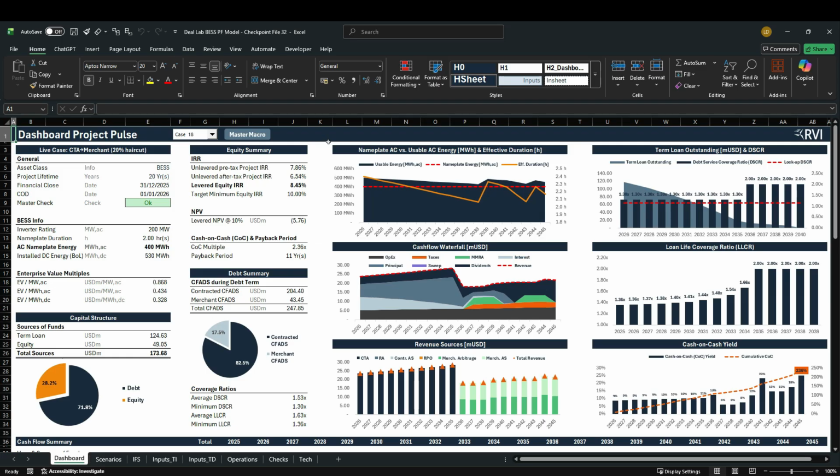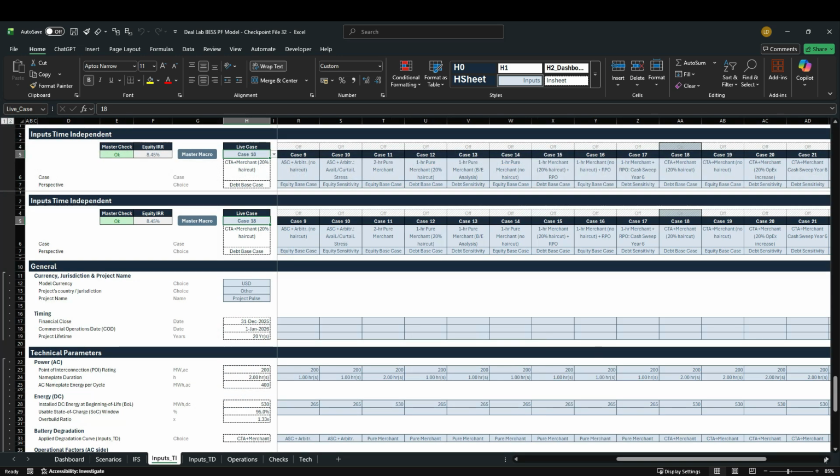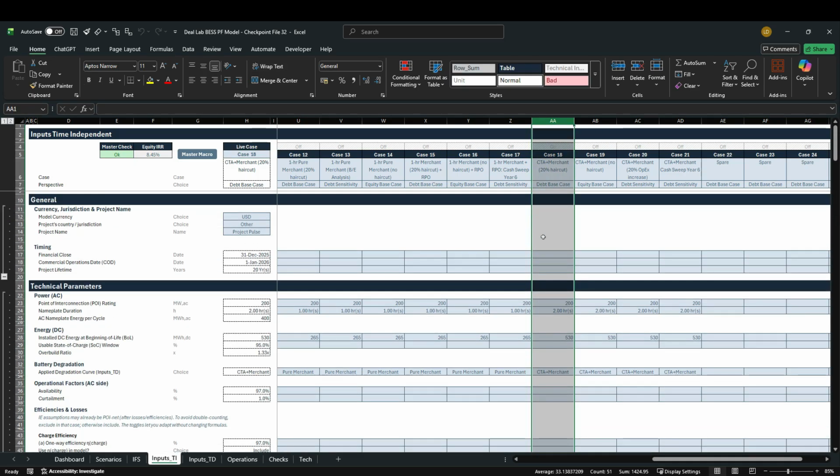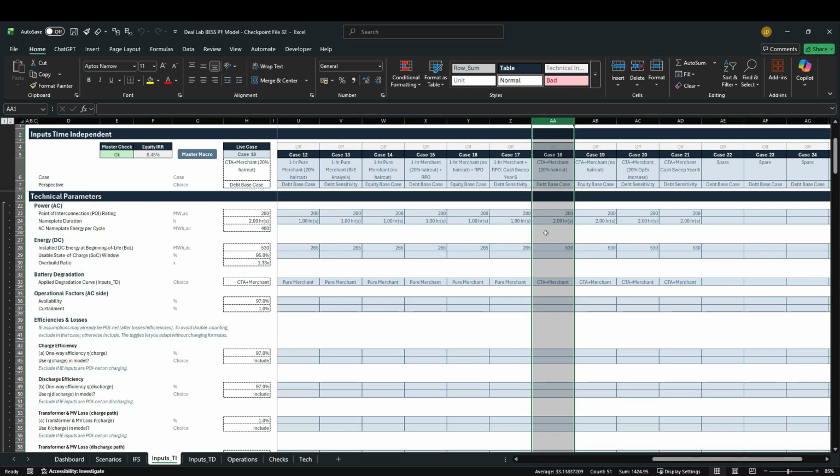Alright guys, now let's move back to the model checkpoint file from our previous lesson. I've already flipped over to case 18, which reflects our hybrid structure of a full tolling agreement and a merchant tail, and I've already resized the debt in accordance with our updated sizing metrics. So let's flip over to our inputs time independent sheet and actually check out the final inputs for our final 4 cases. Right now we are in case 18, which assumes a 2-hour battery, unlike the 1-hour battery in our